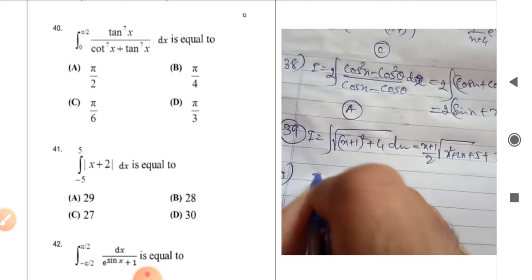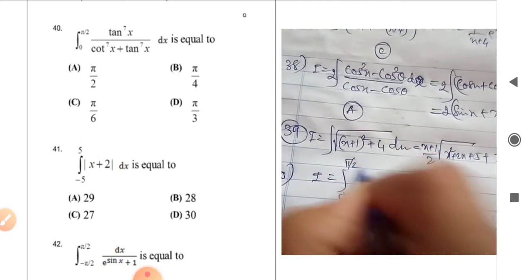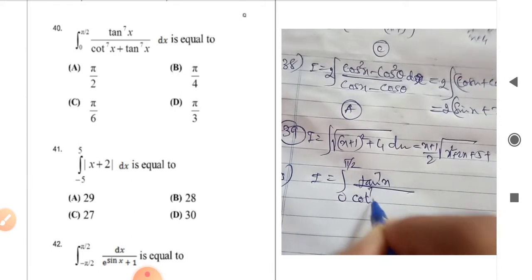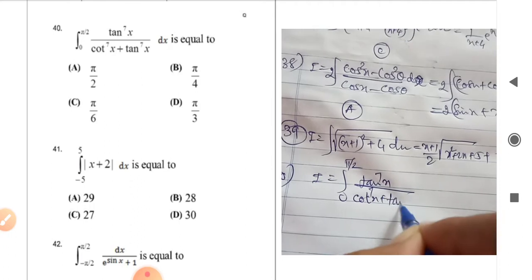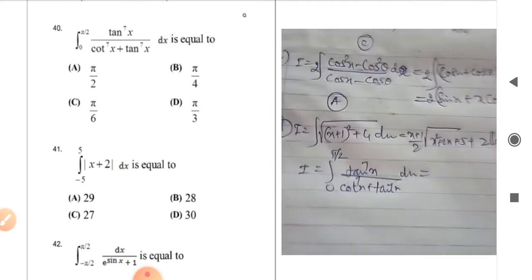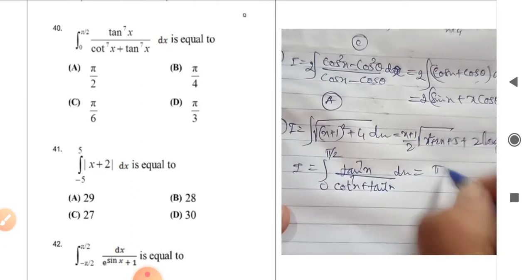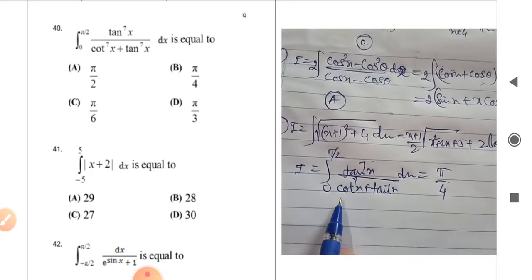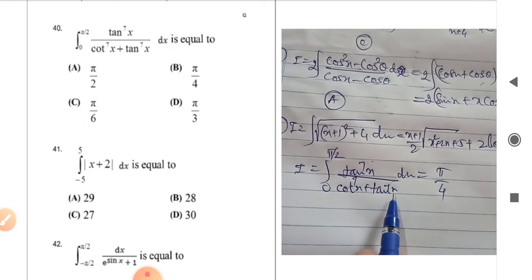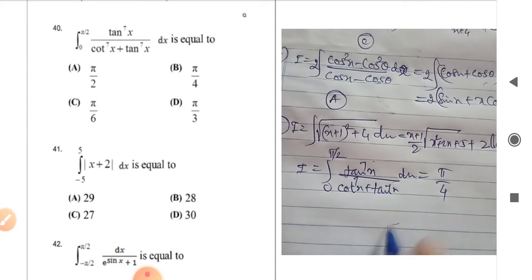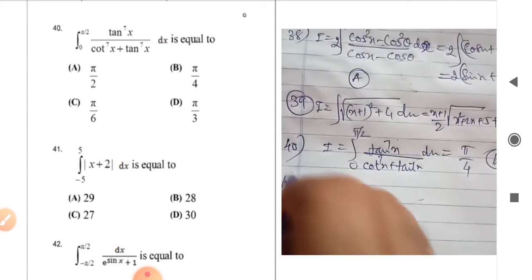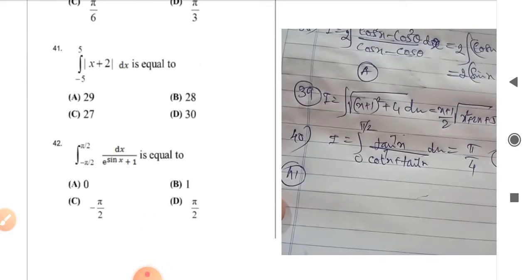They are talking here, it is I equal to integral 0 to pi by 2 tan raised to 7x divided by cot raised to 7x plus tan raised to 7x. This kind of so many problems we have solved. The answer will be directly pi by 4. Remember these kind of problems, either it is sine raised to 6, cos raised to 6, sine again sine raised to 6. That means we are talking about the co-function. If the co-function is present, then answer will be always directly equal to pi by 4. Remember this. So 41st problem is minus 5 to pi.